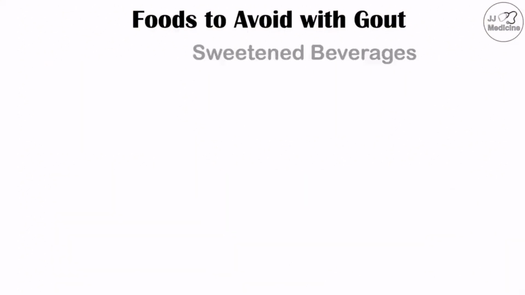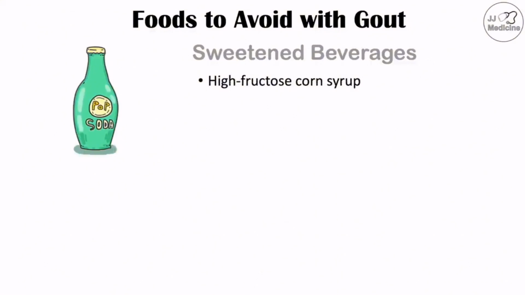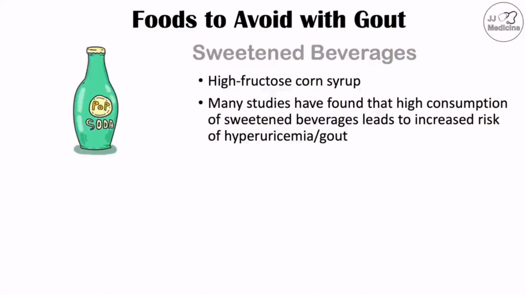And that leads to sweetened beverages, because oftentimes sweetened beverages contain high fructose corn syrup. Many studies have actually found that high consumption of sweetened beverages leads to an increased risk of hyperuricemia, or high levels of uric acid in the blood, and high risk of gout attacks. So examples of sweetened beverages that are best to avoid if you have gout include soda or pop and juice. So again, it's most due to that high fructose corn syrup content. It leads to increased fructose metabolism in the liver, leading to formation of uric acid,